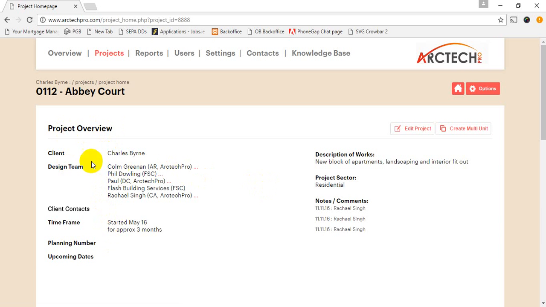and on the left hand side we have a few details appearing from client, design team, client contacts, time frame, planning number and upcoming dates. On the right hand side then we have bespoke information coming up depending on what information you would like to add to particular projects. So if you want the description of works, if you want project sector or notes and